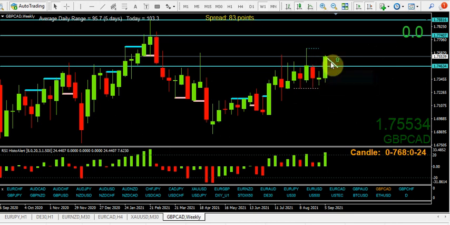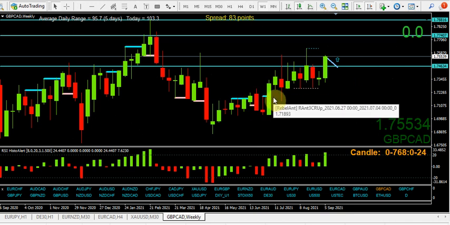So as I said, this could actually just fly, in which case if we can't get an entry, we can't get an entry. It may pull back and then we get a lovely entry, and everything's good. The other thing to mention that I did mention on Twitter was that when I look at these, I always look at other pairs as a comparison.